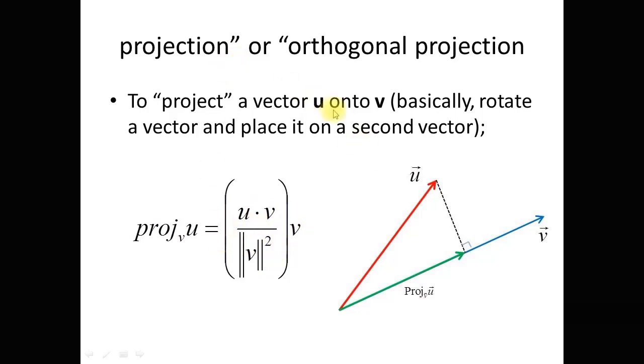So in this slide you see over here there are two vectors, suppose U and V. So projection of U on V is equal to U dot V divided by V magnitude square into vector V. And why is this called orthogonal projection? Because you see over here this is perpendicular. This is the orthogonal projection of vector U on V. So this is the orthogonal component. This component is perpendicular to the vector V.